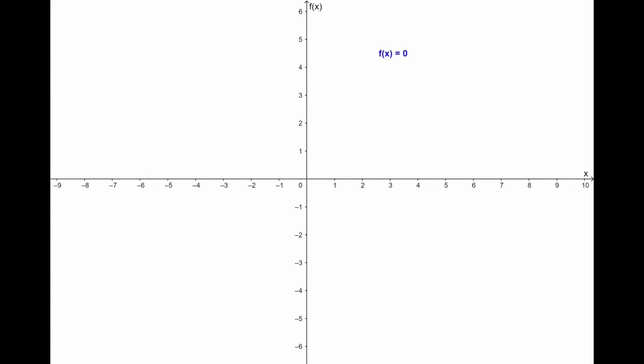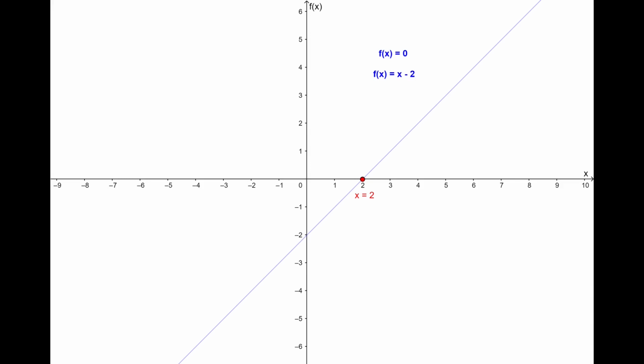Suppose we have an equation in the form f of x equals 0. The value of x which satisfies the above equation will be the root of the equation. So if we plot the function f of x versus x graphically, then wherever it intersects the x-axis will be the root of the equation. For example, if I plot the function f of x equal to x minus 2, as you can see it intersects the x-axis at the point x equal to 2. So x equal to 2 will be the root of this equation.